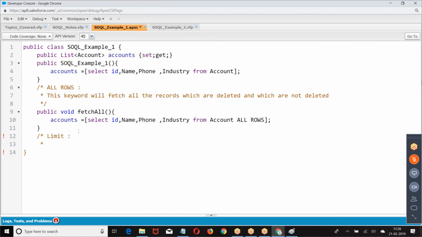So, you are going to say limit. This will specify how many records we want to return from the list.